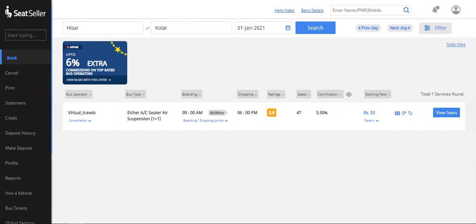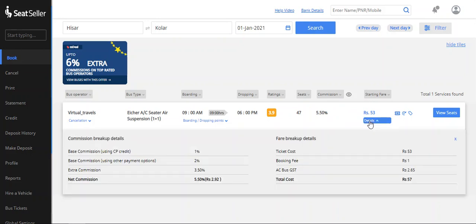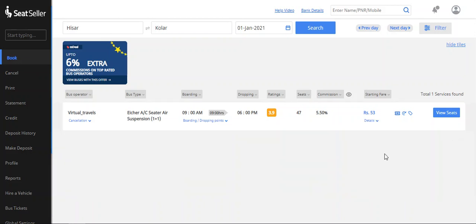So if you log into the Agent Console now and search for the route, which is Hisar Kolar, and on the service, you will be able to see that extra commission is extended to this agent. And the same can be found in the details tab. For this example, I have configured 5% flat percentage GDS commission, and you will be able to see that the same is extended to the agent post retention, which is 30%. So from here, this is how you can create GDS campaigns for agents.